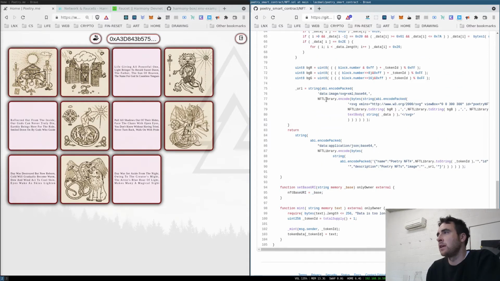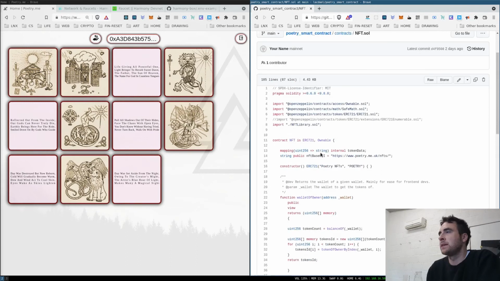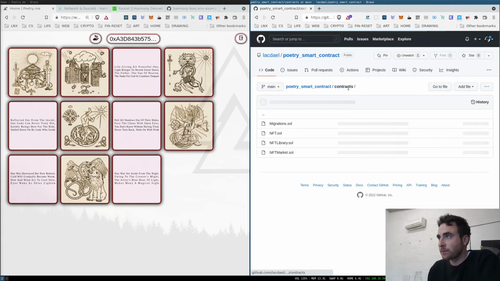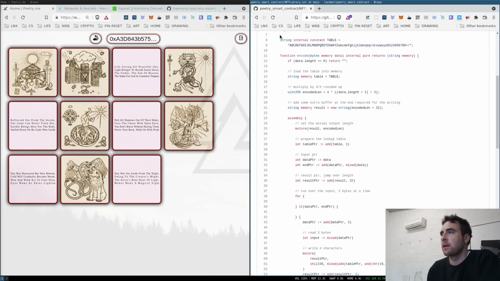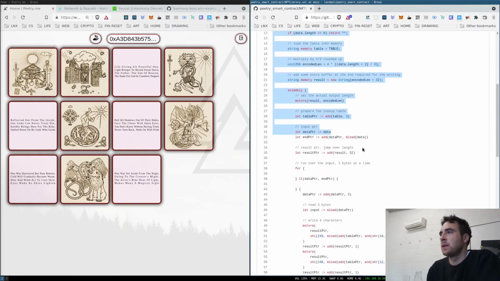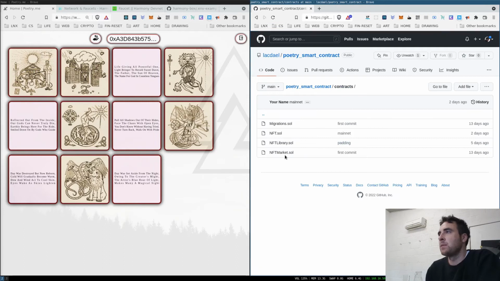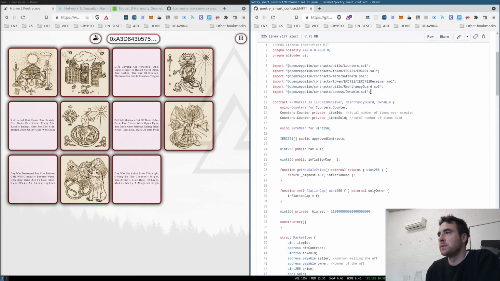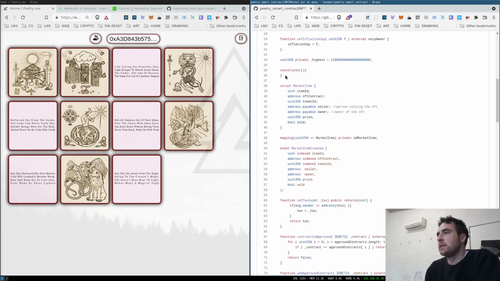Now this encode base 64 encoding function, I borrowed this from Anonymice, which is another contract, which is a pixelated art contract. So this is the function. And then for the marketplace, it was just forked from OpenSea, and it's fairly simple, we've got a struct for a market item, ID,